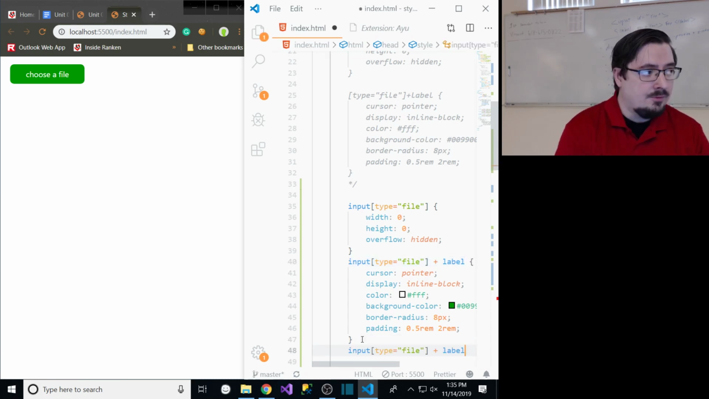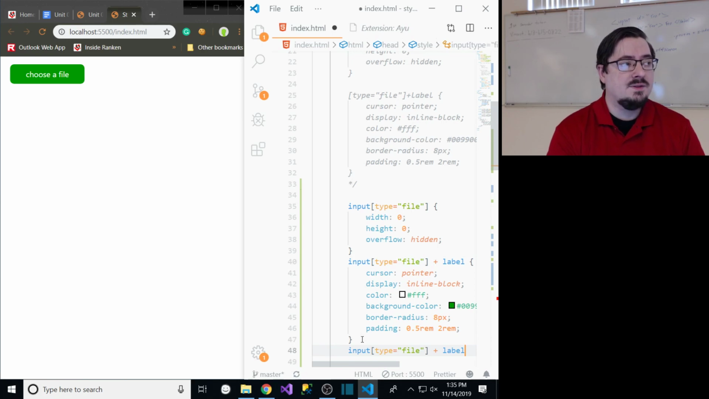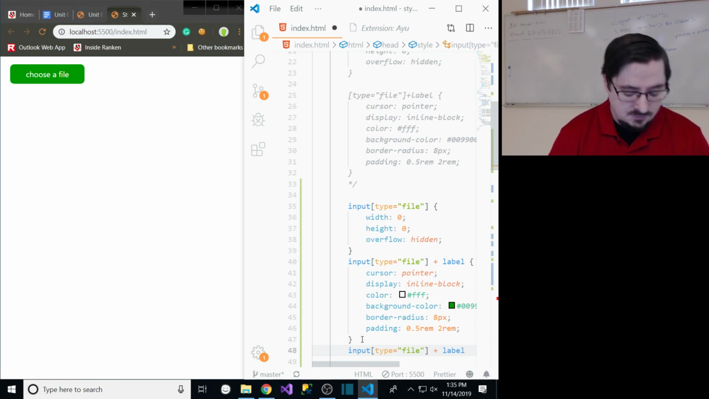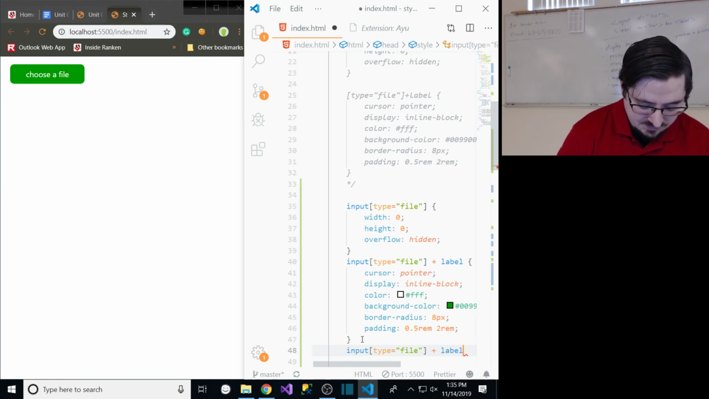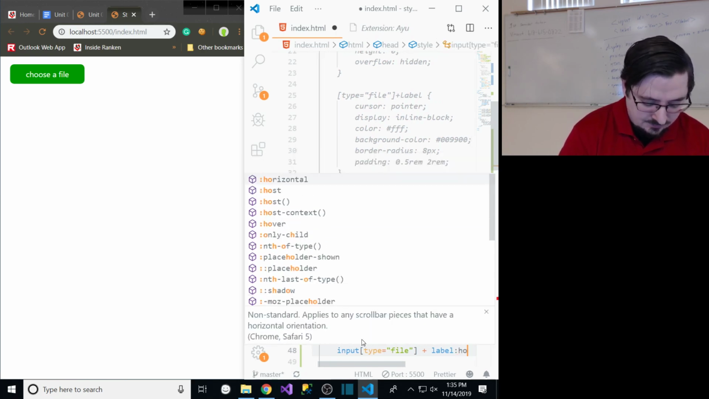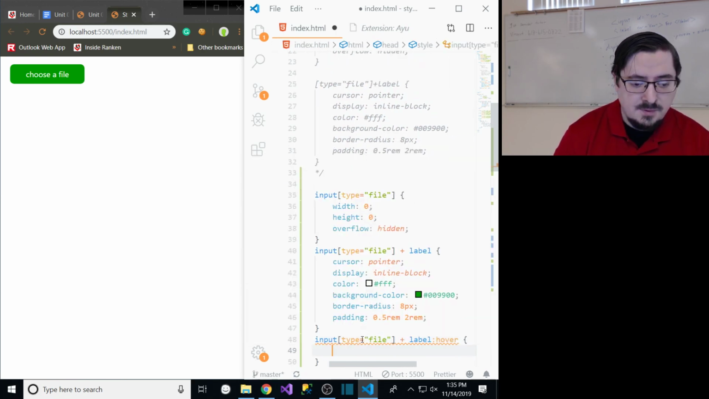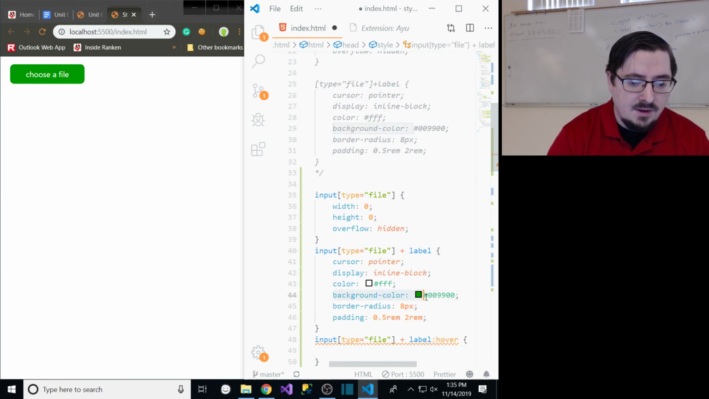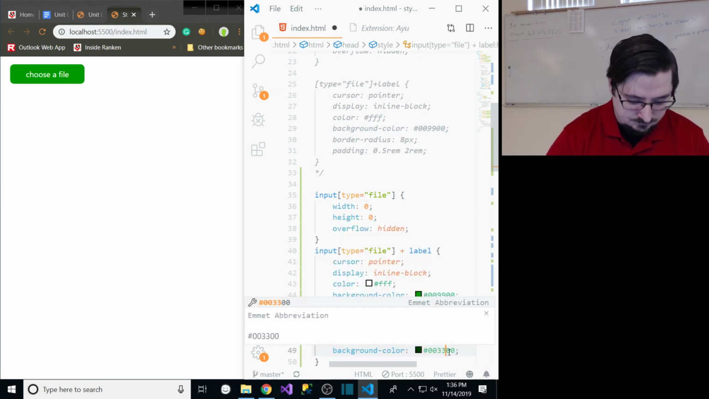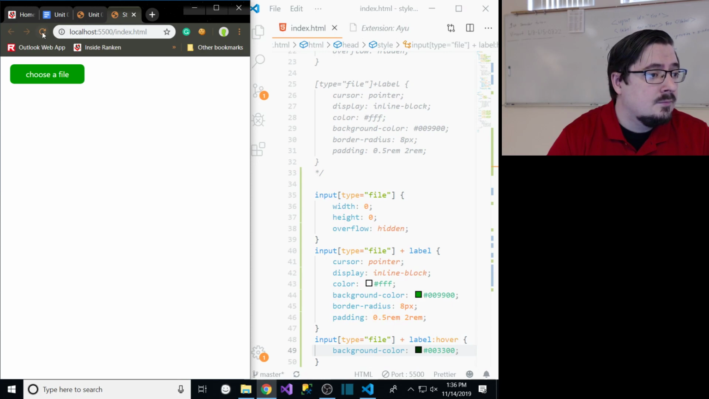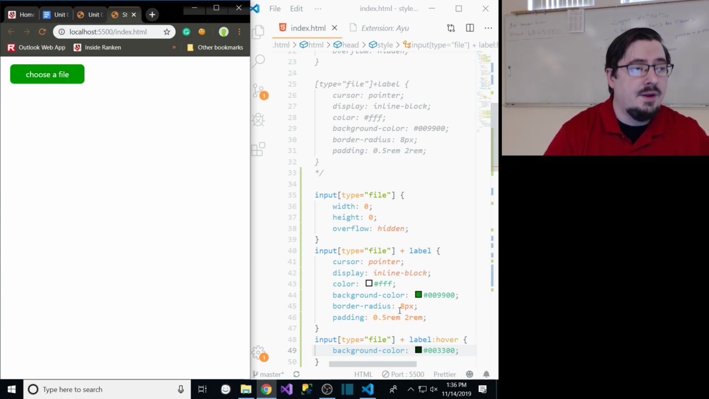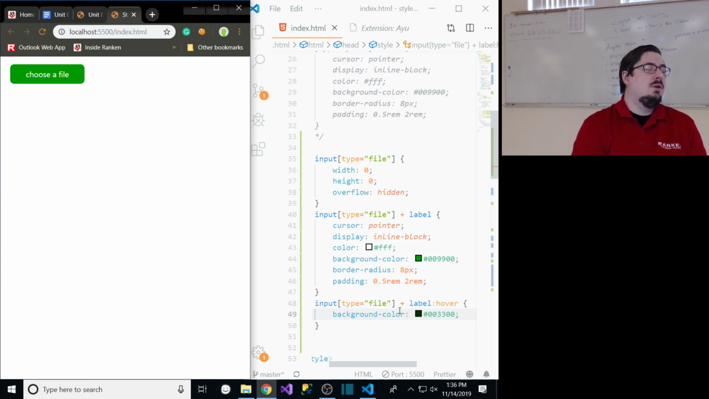I do need that whole first bit, again, because I only want to apply this to labels that come after file inputs. So I'm going to do label:hover after that first bit. And there I might say, well, let's make the background a little bit darker when you hover over it. There it goes. And for accessibility, one thing to remember: anytime you put in hover, remember you also need to